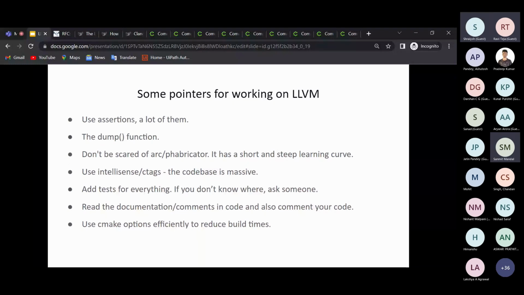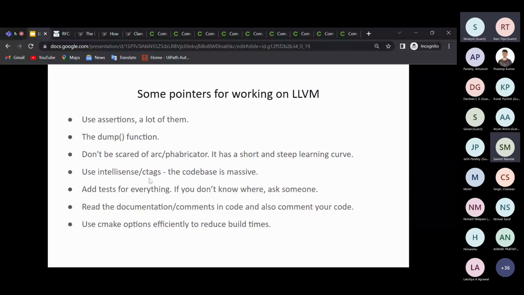Arc or Phabricator is the tool that LLVM uses for reviewing code changes or patches, and it feels daunting, but it has a short and steep learning curve. So don't be scared of it. Just spend some time on it, and it will be very easy. Use IntelliSense or CTags. This is a personal recommendation because the size of the code base is very large.